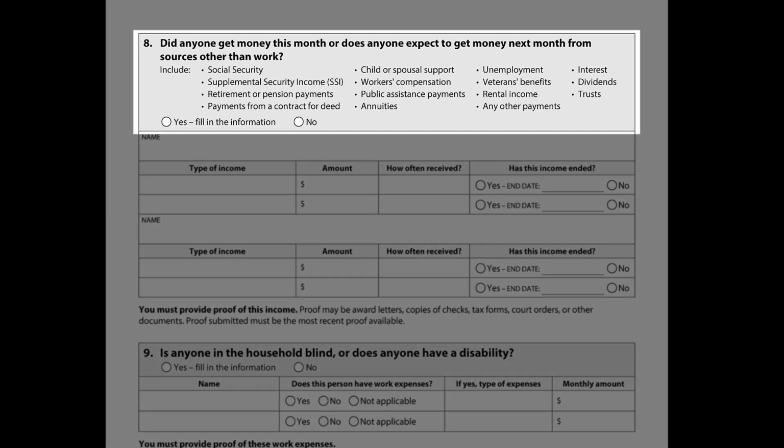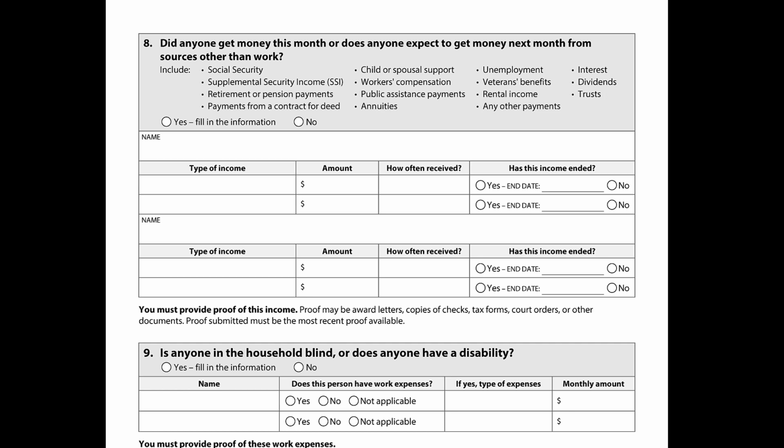Question 8 asks, did anyone get money this month or does anyone expect to get money next month from sources other than work? These sources include Social Security, Supplemental Security Income, SSI, retirement, or pension payments, payments from a contract for deed, child or spousal support, workers' compensation, public assistance payments, annuities, unemployment, veterans benefits, rental income, interest, dividends, trusts,